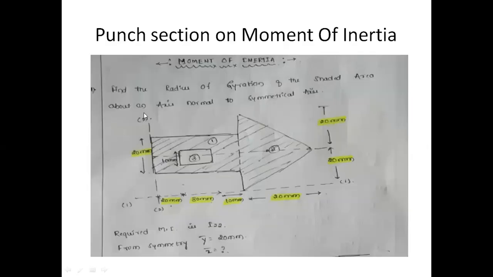And what is the I22, the moment of inertia with reference to the 2 axis? What is the moment of inertia about this axis? How will you calculate it? I22 is equal to the moment of inertia about its own centroidal axis plus the summation of AX square. So that will be 3.46 into 10 raised to 5 plus 2.49 into 10 raised to 6. This will be your I22 value.